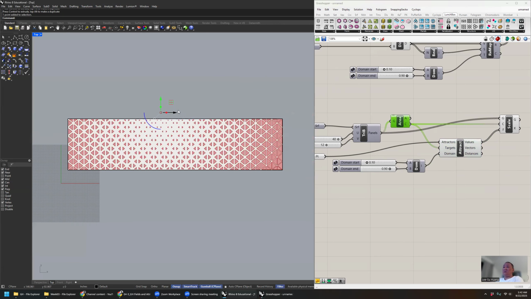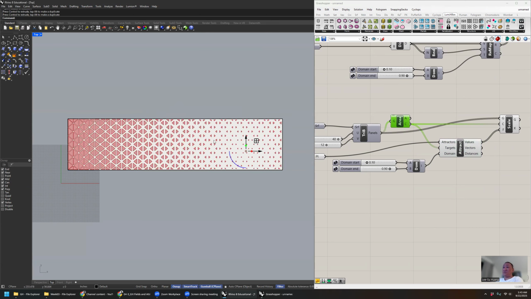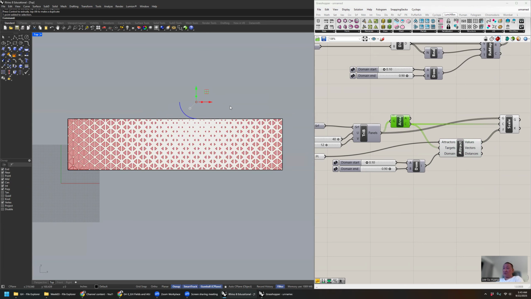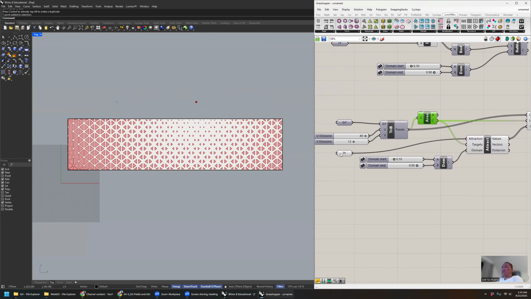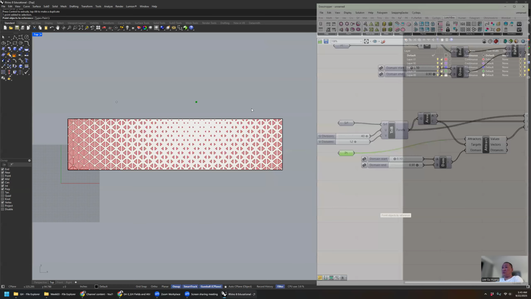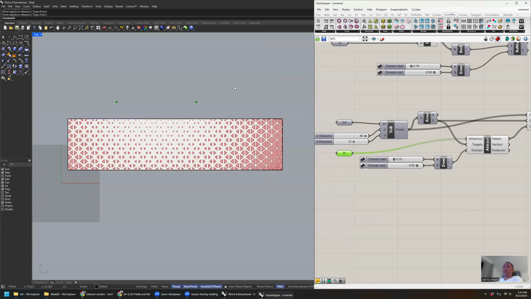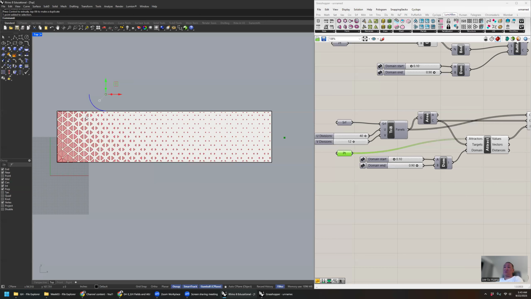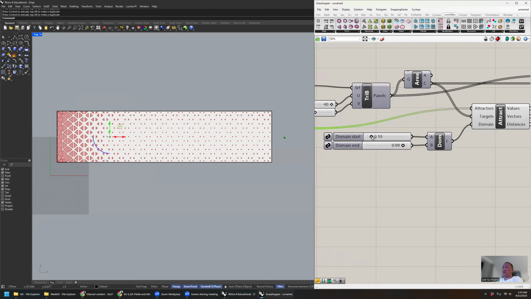So now you'll see that using Lunchbox's attractor component, we have something similar, with just a couple more options. And in this case, I'm going to duplicate another point, and set multiple points, selecting both of those at once. And what you'll see is that it will start to try to use both of these points as attractors, right? So if I scale down my domain a little bit,